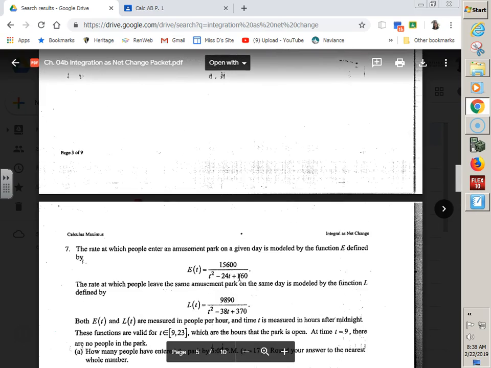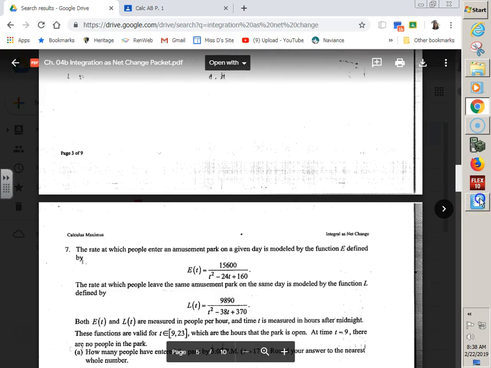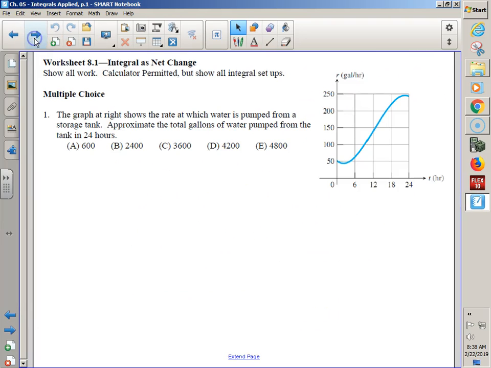Kiddos, let's go ahead and bust out as many of these long answers as possible. Long answers, but they're hard. Okay, hold on. Let's do some multiple choice first. Number one. I'm not going to do all of them. Some of you already started peeking at them last night. But the graph at the right